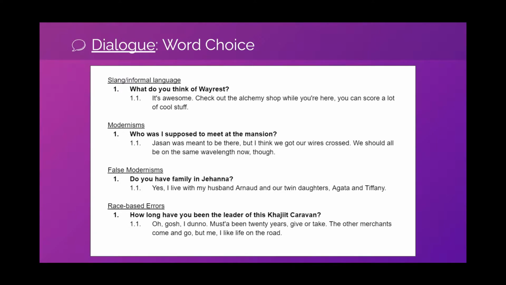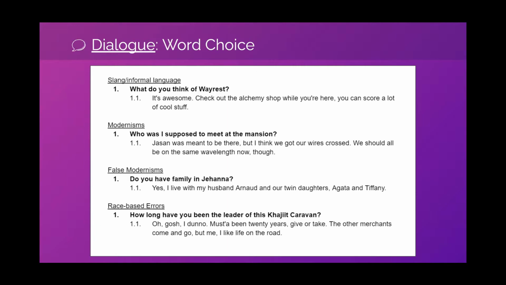So you have to go with what the player knows, not necessarily with what is right when it comes to false modernisms. If you are ever in doubt about whether something is a modernism, have a friend read your work. It's especially nice if you have a friend read your work who is from a different country or spoke a different first language, or is from a different part of the US. If you are from the West, have someone from the East read it, something like that, because in different locations, different things are considered modern. So it's an easy way to tell, just get a friend.